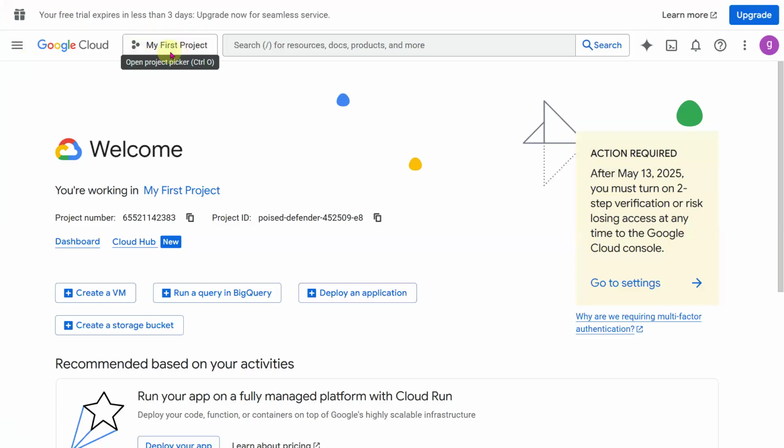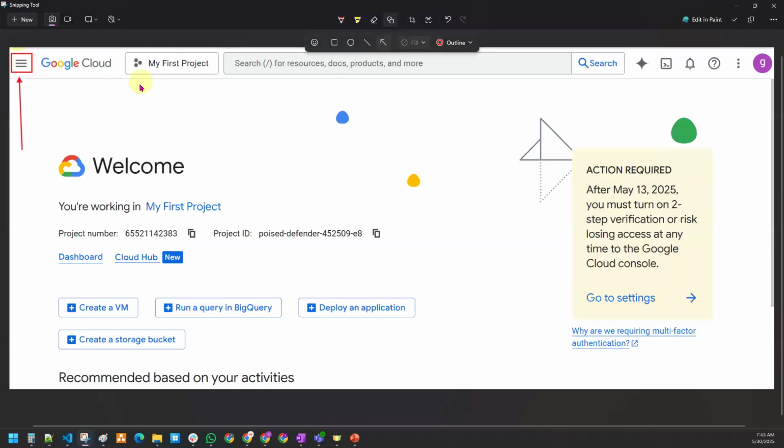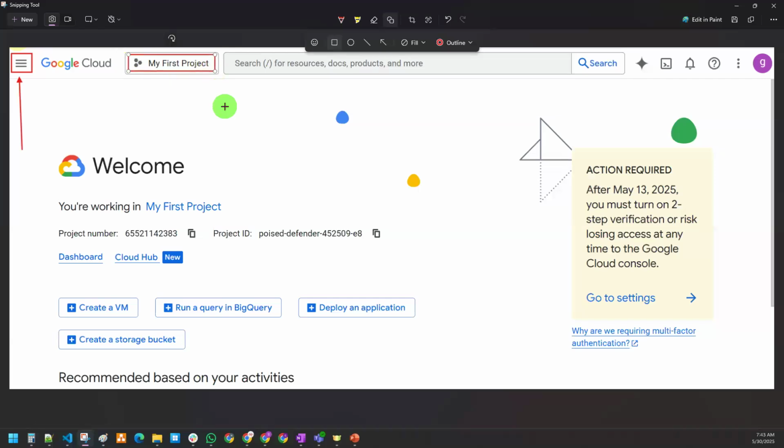And the next one is the project area. What is a project? How to create the project? How to set up the project? We are going to see it tomorrow in the next class. But this is our project area. If one wanted to select the project, create the project, or update the project configuration, they have to come to the project area.